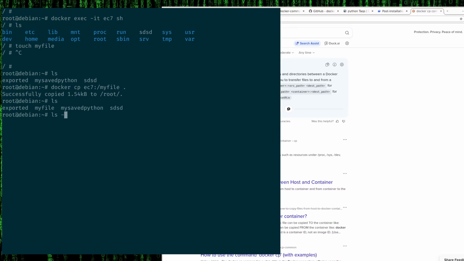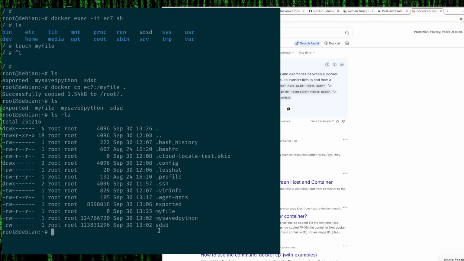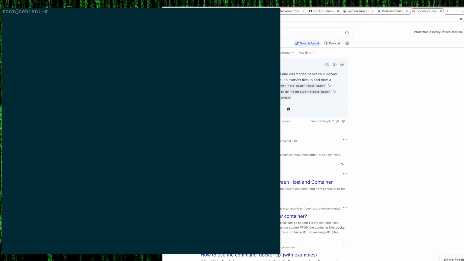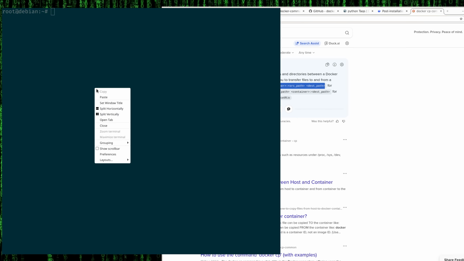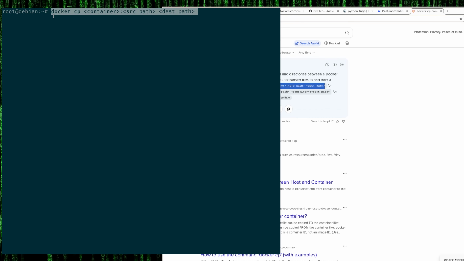So basically you do docker copy container name colon the source path and the destination